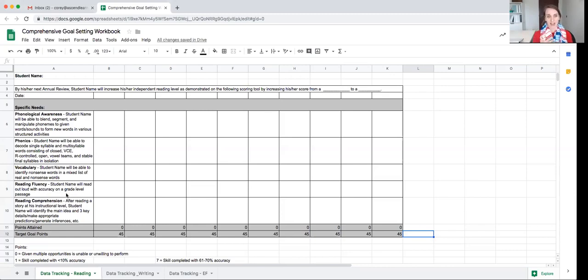Your students don't have to have access to that, but for yourself, to just make it nice and easy, I would definitely recommend that. And then reading comprehension. So after reading a story at, again, his or her, make sure you're changing that, instructional level, student name will identify the main idea and 3 key details, make appropriate predictions, generate inferences, whatever you're targeting, or you can say using a combination of strategies, including, but you want to make sure that you're talking about which ones